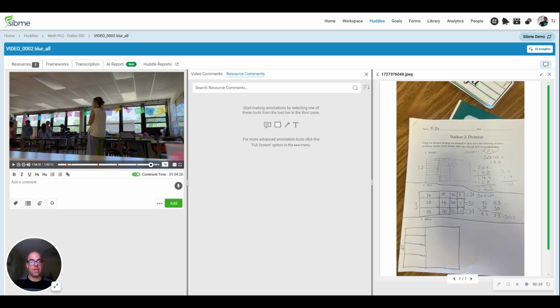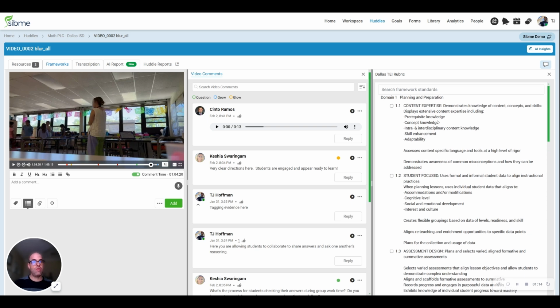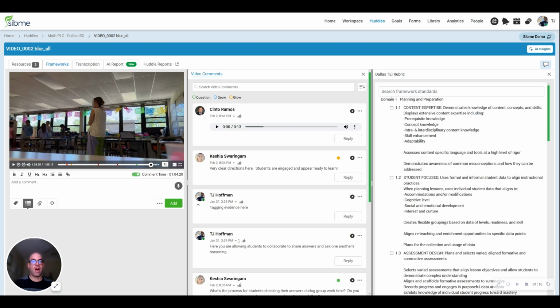All this is captured easily within our system and then stored securely within shared spaces that we call huddles inside of our account. The data can be both qualitative and quantitative in terms of collection. So you see here, we've got the TEI rubric available to provide more context around what kinds of feedback are being provided. But then based on this manually collected data, our AI can capture all sorts of quantitative and qualitative